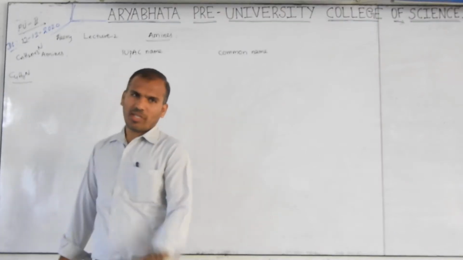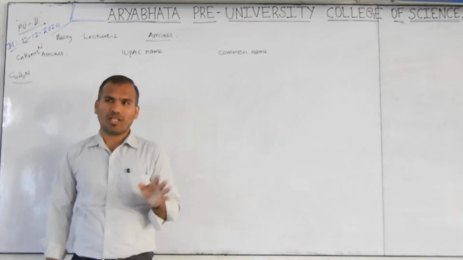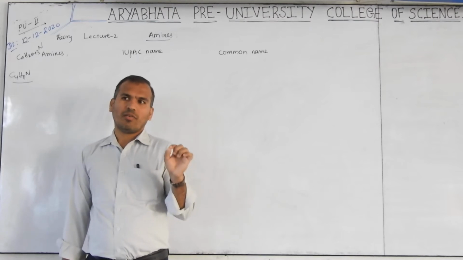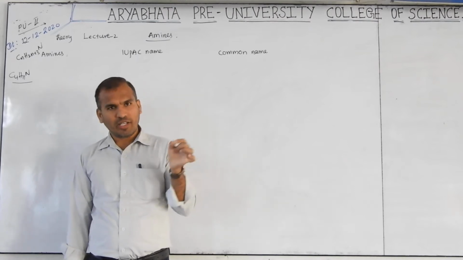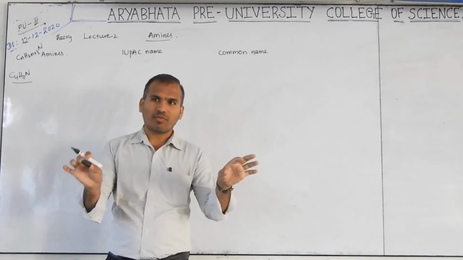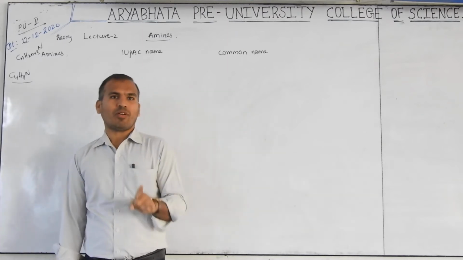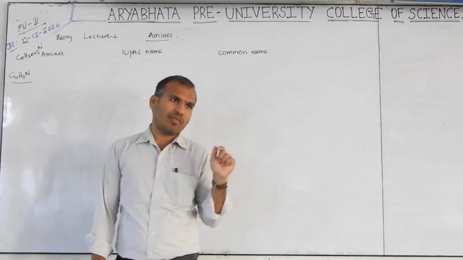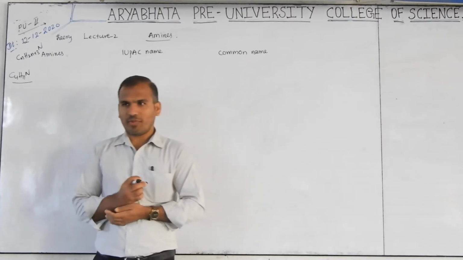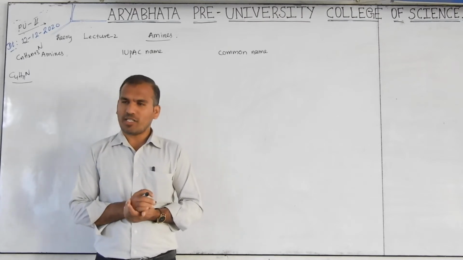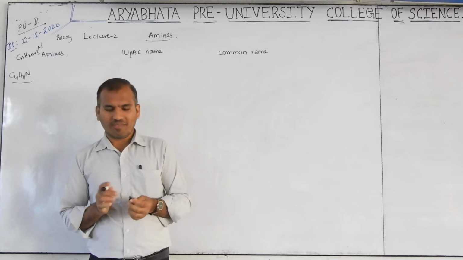When the molecular formula is given, we already learned a little bit about this in the first year coaching part. When the molecular formula is given, find the degree of unsaturation. When molecules are given, find whether the molecular formula is the same or not. Now which is given? Molecular formula given or molecules given? Molecular formula is given. When the molecular formula is given, what do you have to find? The degree of unsaturation.